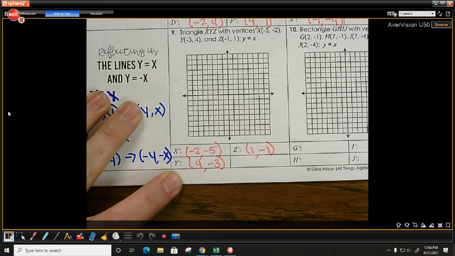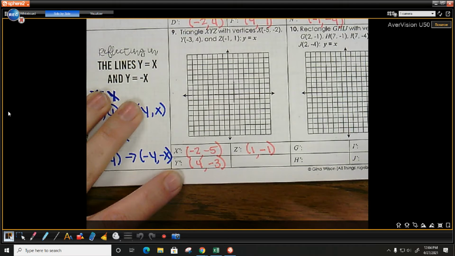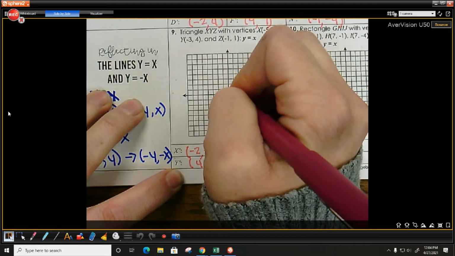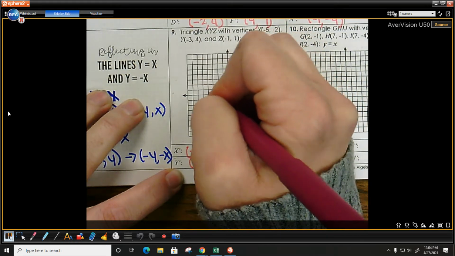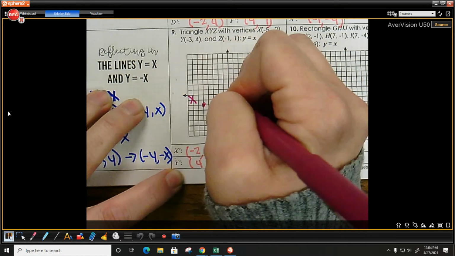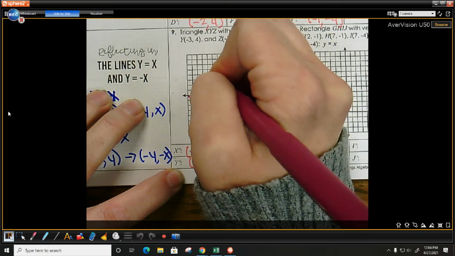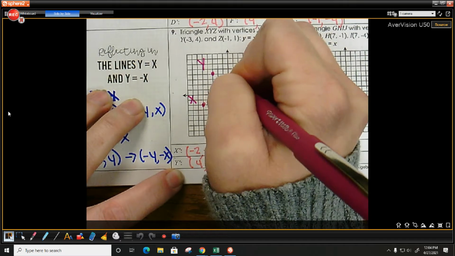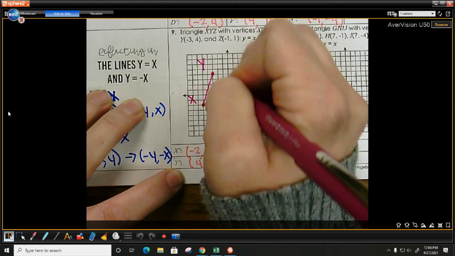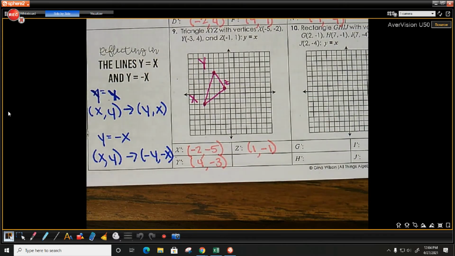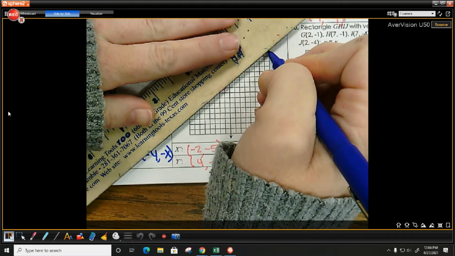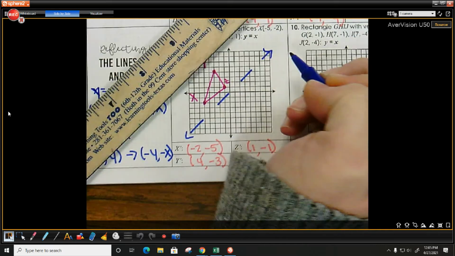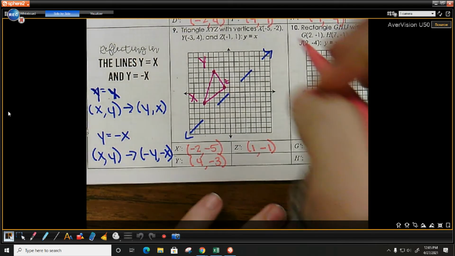Do we like that? Now, we are going to graph just one, just so we can see what it looks like to reflect over y equals x. Your y equals x line goes through the origin, and it just goes from corner to corner. So my new ones would be